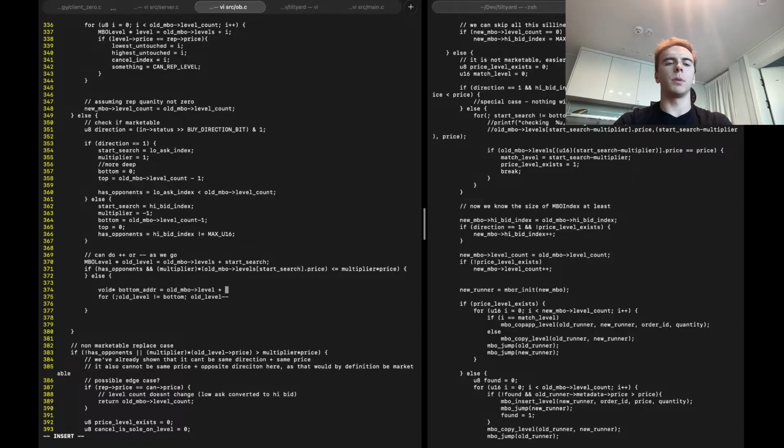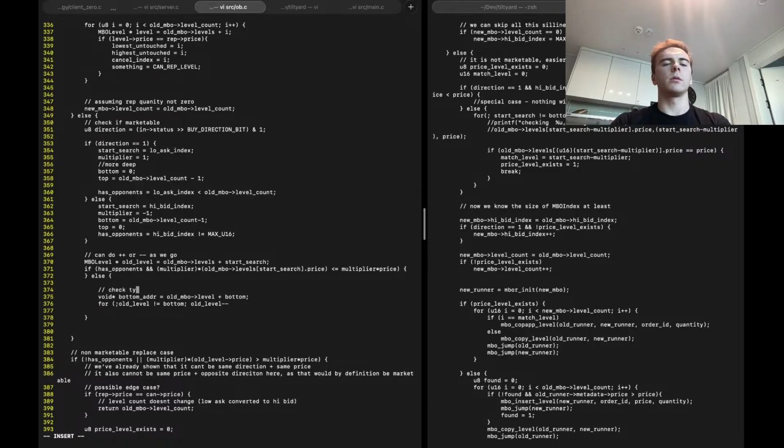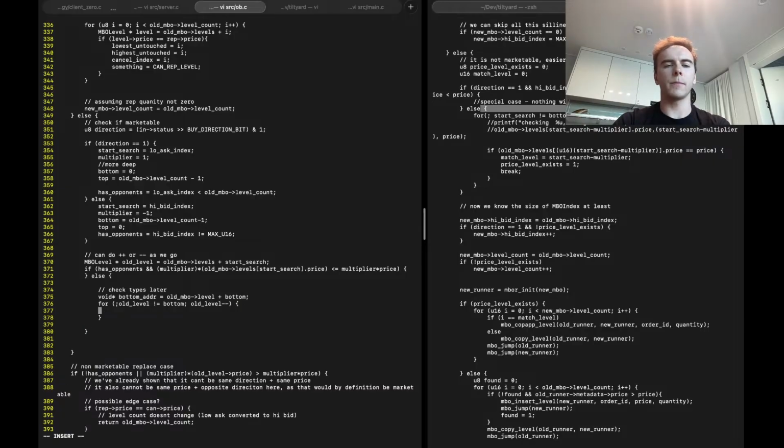Old plus bottom. Yes. I think this should work, right? We'll check the types later. Okay, old level is not equal to bottom. Old level, this is functionally equivalent to this. Doesn't really matter. And then we do if